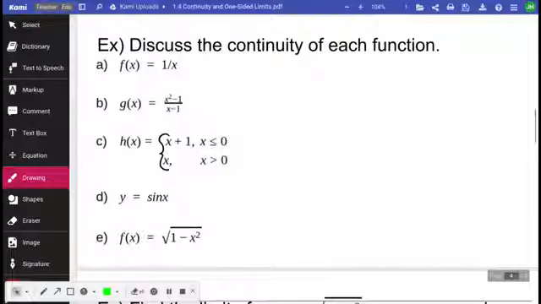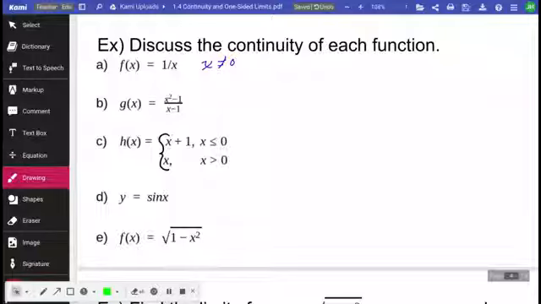All right, so we're just going to look at the discontinuity of these 5 different functions. First one, it should be obvious where it's discontinuous, but think of things that make things discontinuous, like you can't divide by 0, you can't take roots of negative numbers, things like that, that will restrict your domain. So domain and continuity go hand in hand. We know by looking at this, x cannot be 0, because I can't divide by 0. I can't manipulate it, I can't cancel it out. So this would be considered a non-removable discontinuity